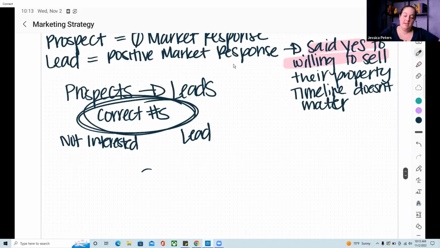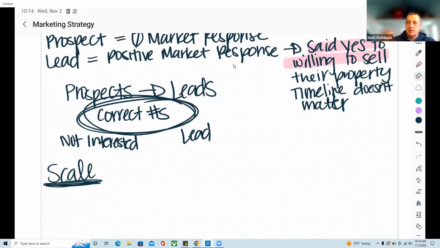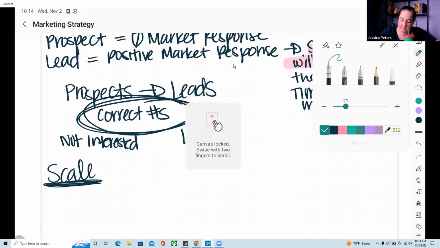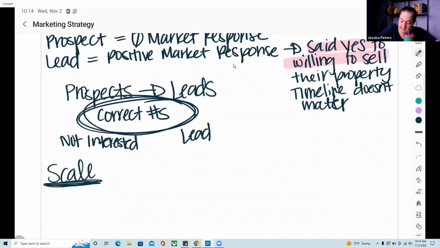Right, so we're trying to generate leads, and what we often hear people talk about is they want to scale their business, they want to scale the company. It's another one of those definitions that people sometimes just think, let me call more people and I'll get more leads. Does anybody have an idea of what scale means to them in their business? Does it mean just taking what you have and expanding it? Like, if you can get 1 deal a month, try to get 2 deals a month. Okay, yeah, that could be part of it. Hold on, I'm going to put expanding here. Yeah, basically. Okay, so these will be like our input.